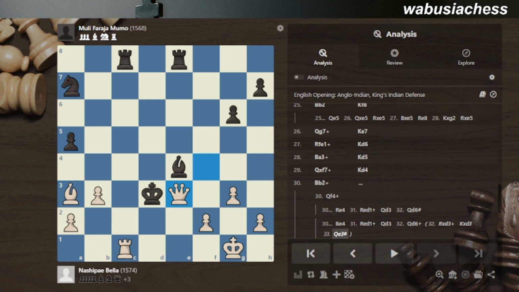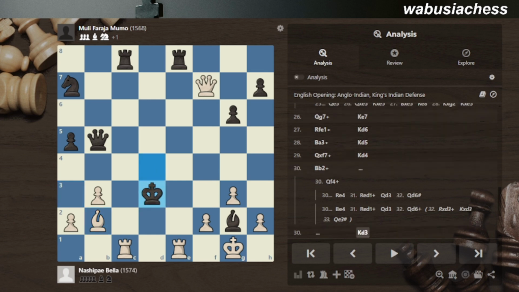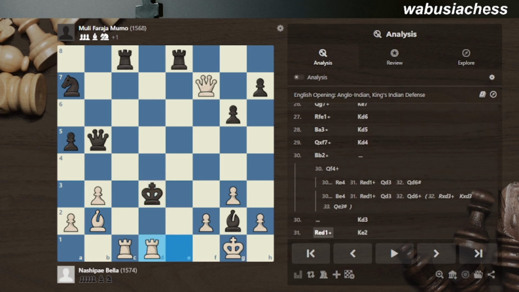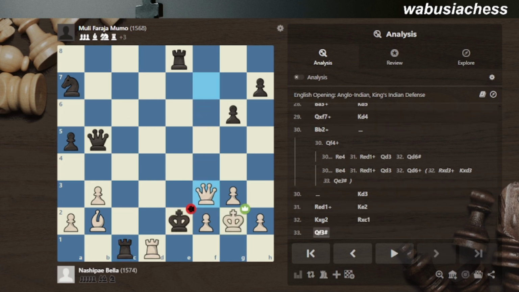So during the game, Bella missed that continuation, but instead he went for giving this check with the bishop on b2. So he's still winning, but it is much slower than giving the check on f1. So king to d3, the only move, and then here check, then king to e2, and then after king takes the bishop, here black blundered a beautiful checkmate in one by